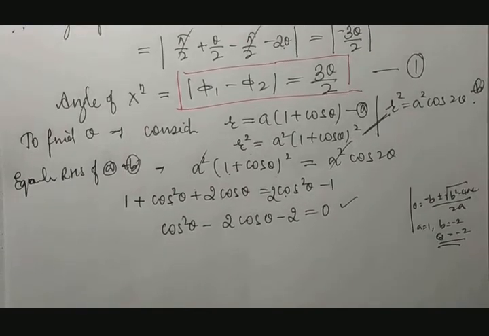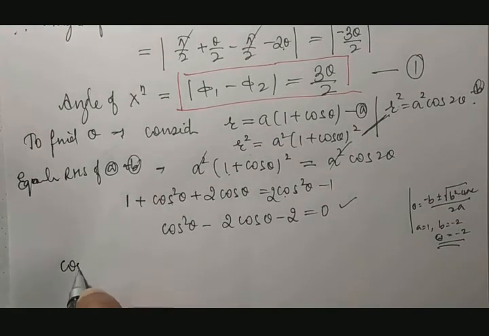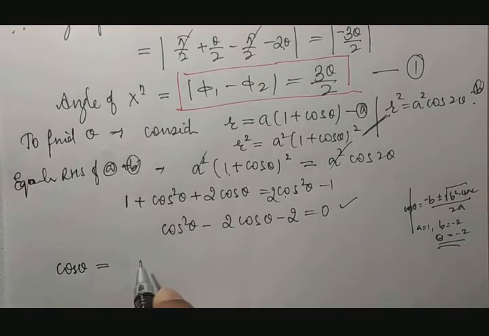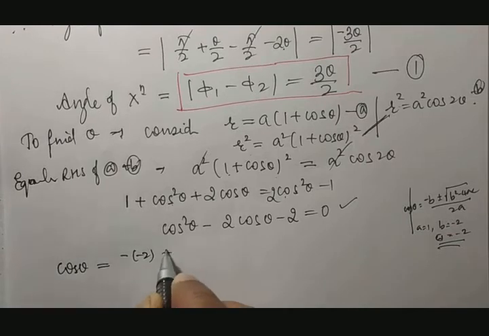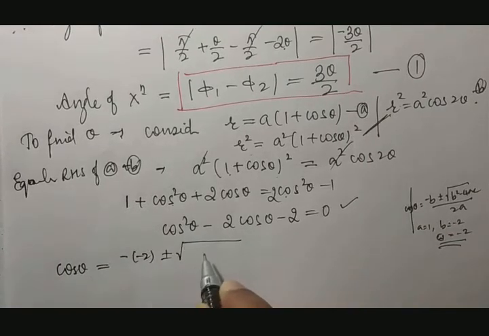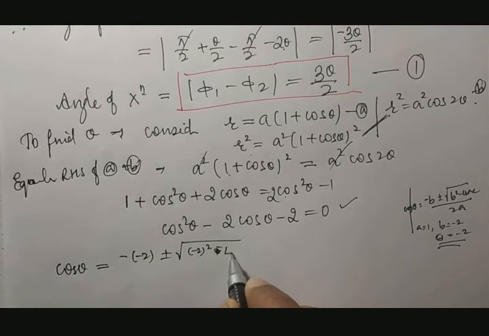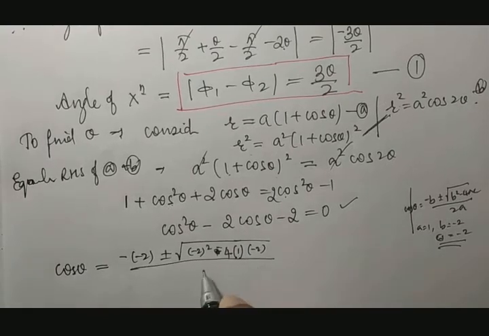Therefore, cos theta is equal to minus b, means minus of minus 2, plus or minus under square root b square, which is minus 2 square, minus 4 into a is equal to 1 and c is equal to minus 2,